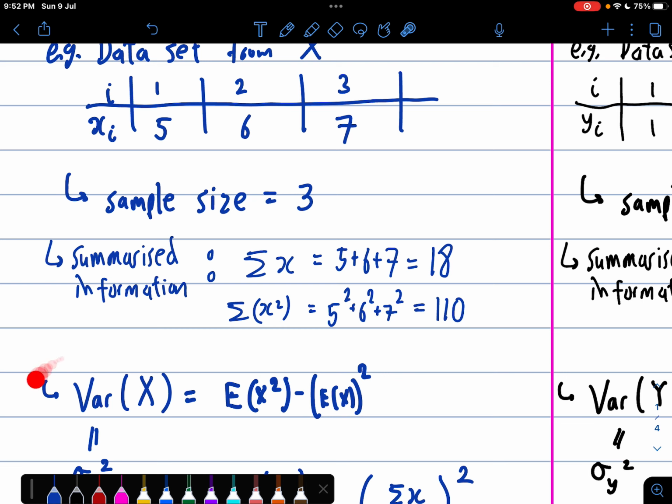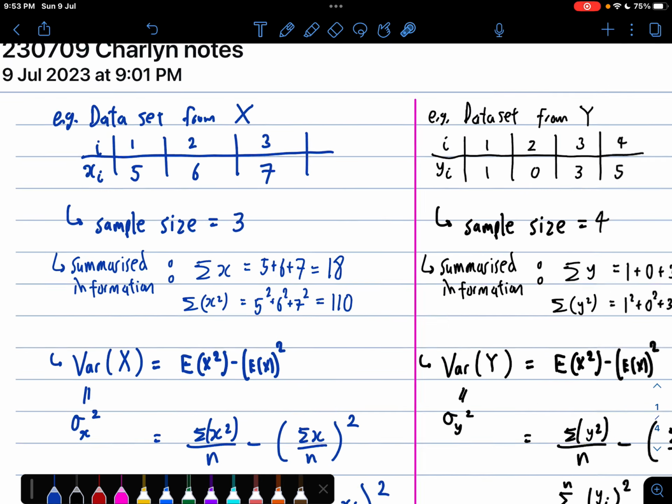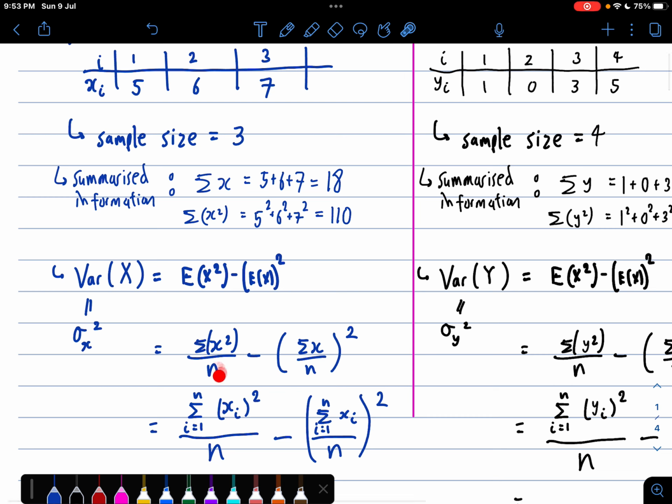Then variance of X, how to find? Well, variance of X we know is EX square minus square EX, right? But what is expectation? Expectation just means you take a sum then divide by n. So that's exactly what I do here. Sum divide by n of the X square. Expectation X in between the brackets first, so it's sum X over n in between these pair of brackets, and square outside. Okay, but this is really just the long-winded notation with the index I equal to 1